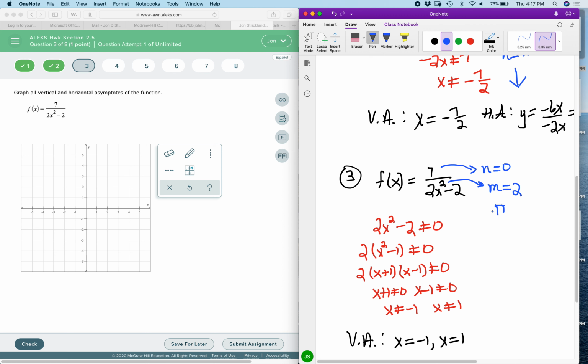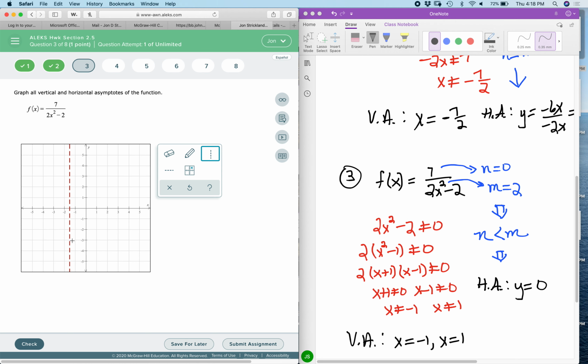And for the relation, we have that n is less than m, and anytime the degree in the numerator is less than the degree in the denominator, we have a horizontal asymptote, which would be the x-axis, where y is equal to 0. Okay, so in checking out what we have,